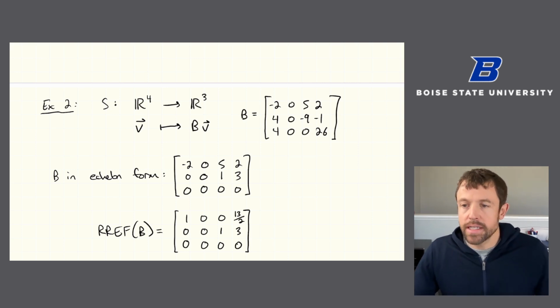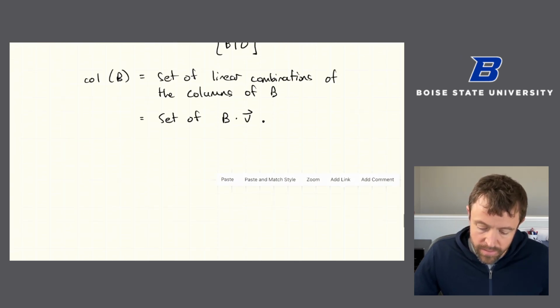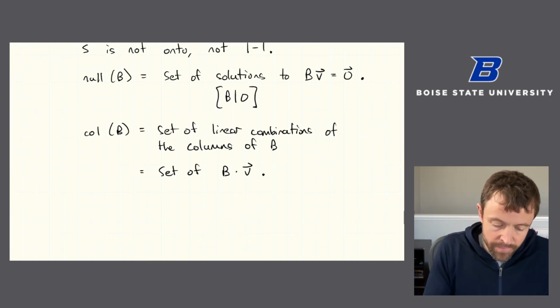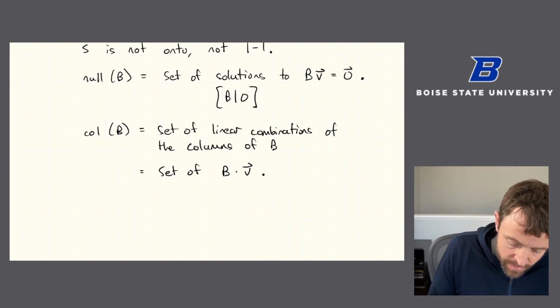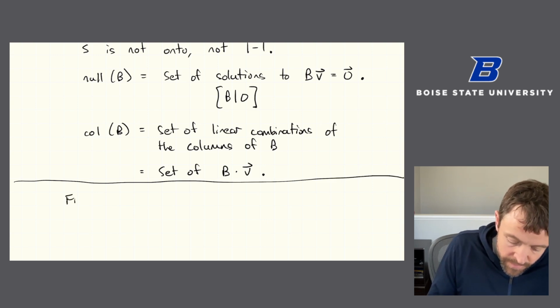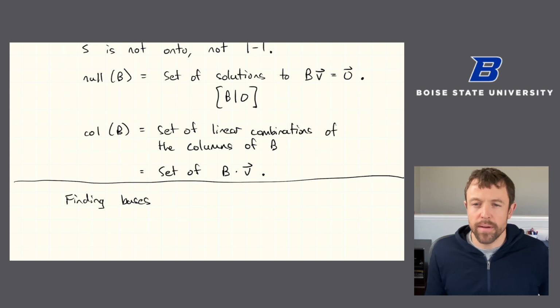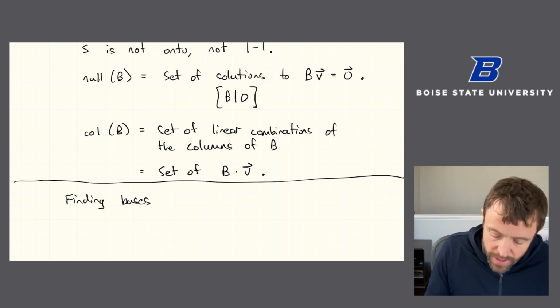Well, what we've just said guides us in that direction. If we're trying to find a vector space, let's find a basis for it. So finding bases for the range of, in this case, S, and